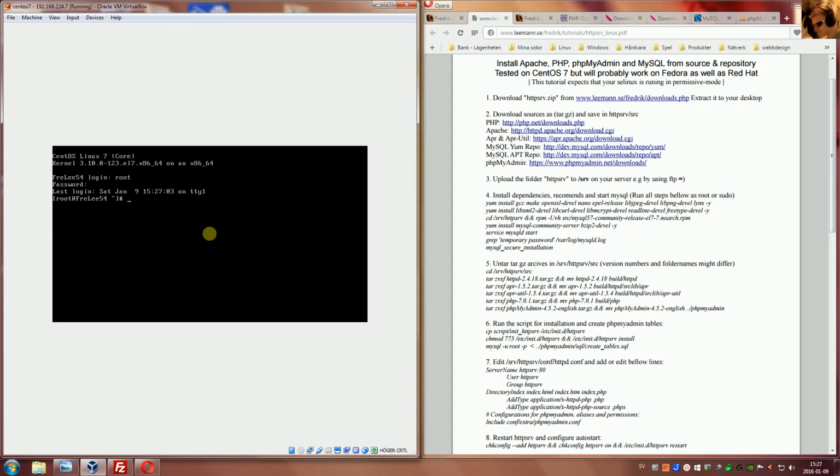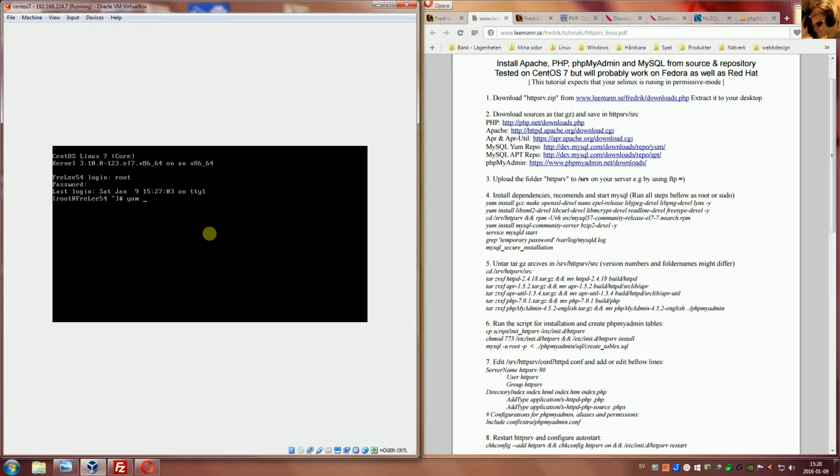Okay, so what we are going to do, what I normally do on CentOS, is that I set SELinux to permissive mode, and I've seen that this is quite common, that people do that. I have tested this server without doing that, and it works without doing that, but maybe you want Samba, and then you need to modify your SELinux or set it to permissive mode. So I'm going to do that